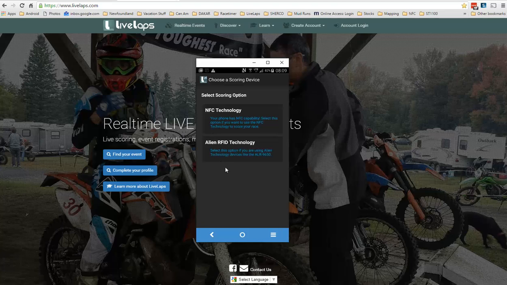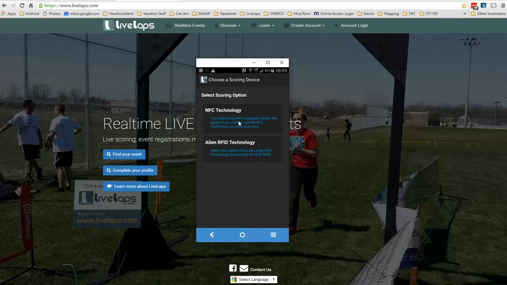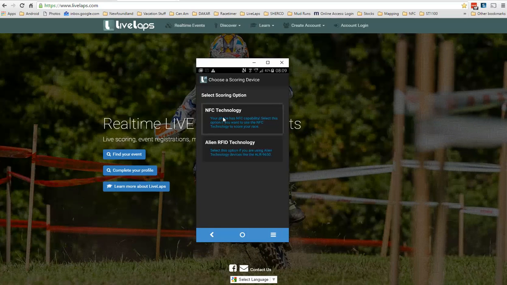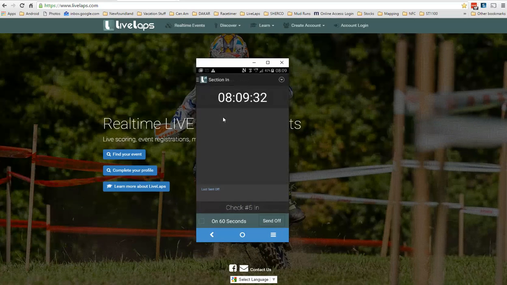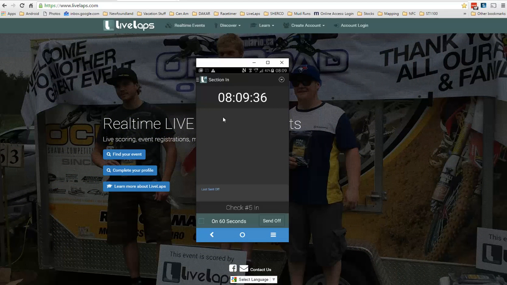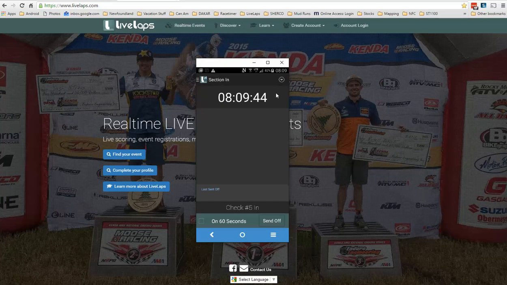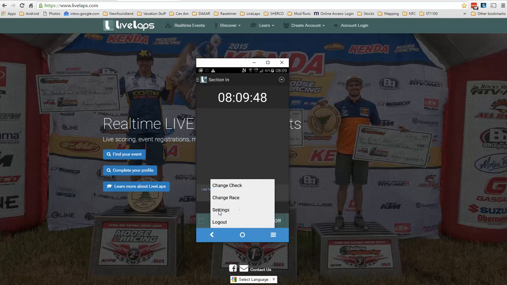Now we're scoring the event using NFC technology, so we're going to be doing NFC scanning at both the in and the out checks for the event, so we select that. So here's the Promoters app. There's lots of different features available on this app. First off, we'll go right to the setup. So setup, settings,